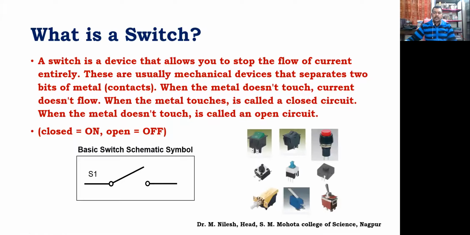Now, how do switches look? These are some of the switches widely used in our day-to-day lives, and these are some basic switches which we don't generally use, because they are used in DC supplies. Whenever we have to connect with DC sources, we use these types of switches. For AC sources, we have the switches at our home: AC 220 volts with 50 hertz frequency works on those switches. These are some of the DC switches, and variants of switches that I'm showing you in this clip.